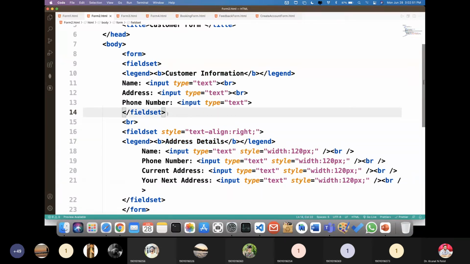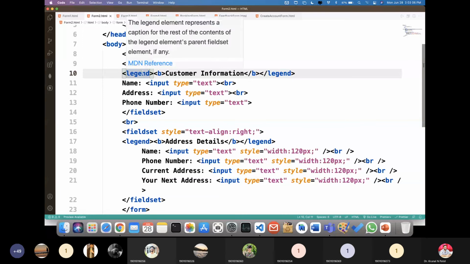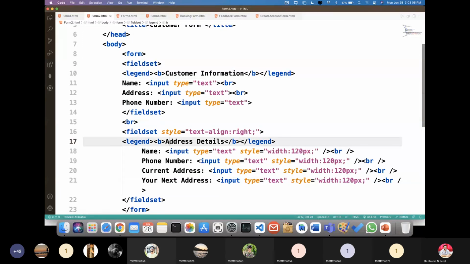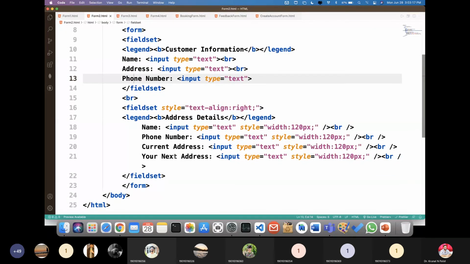Here you can see that it can be defined within a legend tag. So whatever title you want to provide to your group of elements can be defined within a legend. So here you can see customer information, and here you can see address details. In that you can put your controls. So simply we have name, address, phone number in the first section, and name, phone number, current address, and next address in the second one.